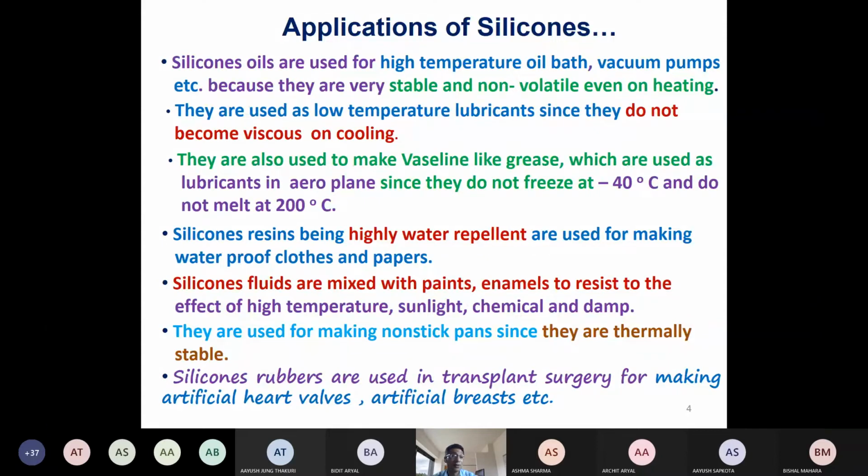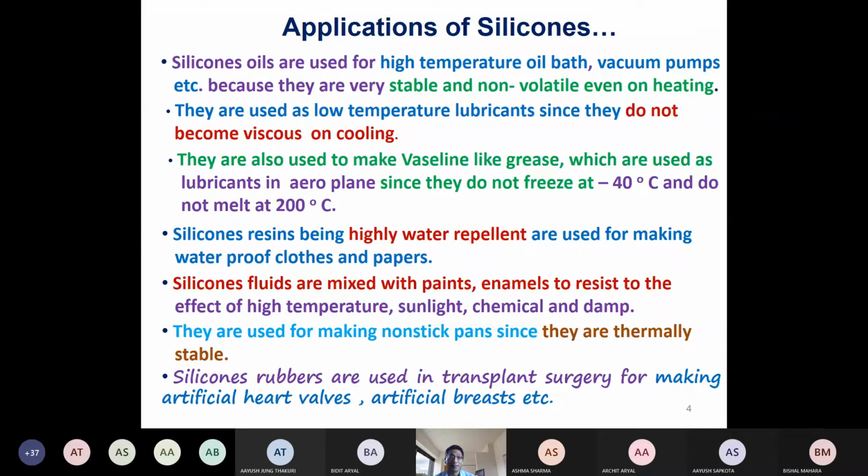The aeroplane flies in cold weather and hot weather. When we use normal grease, the grease will freeze or melt. If it melts or freezes, then that material will not work as a lubricant. So it should be something like grease that doesn't freeze at low temperature and doesn't melt at high temperature, because the silicone oil